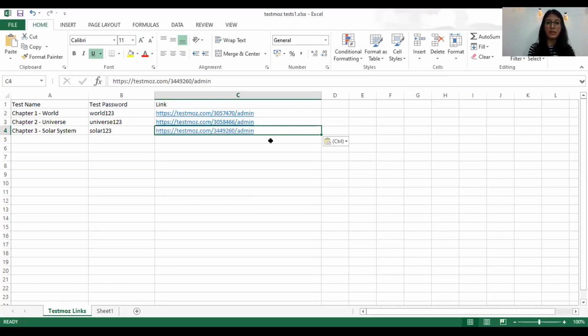Now you see the link has been pasted. Another easy way to do this, if you are not comfortable using Excel, is to make a note of it in your teacher diary or your lesson plan book. All you will need to do is write down the test name, the test password, and you don't have to